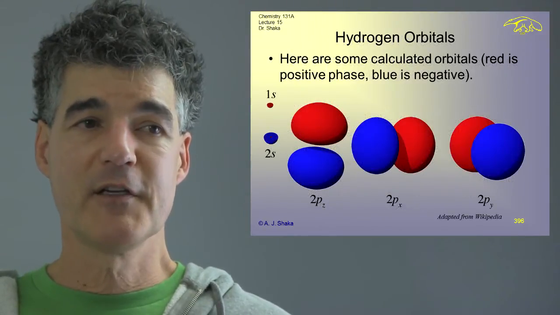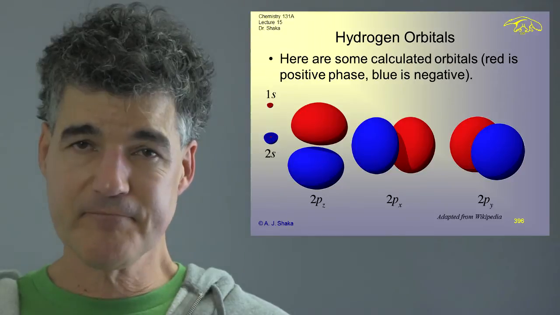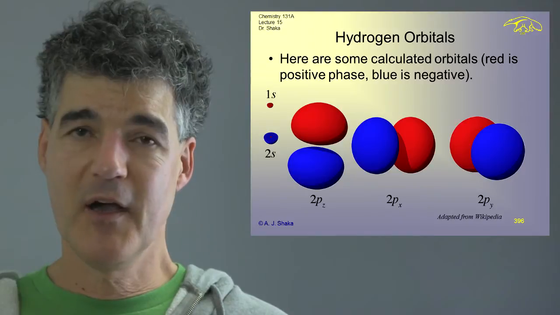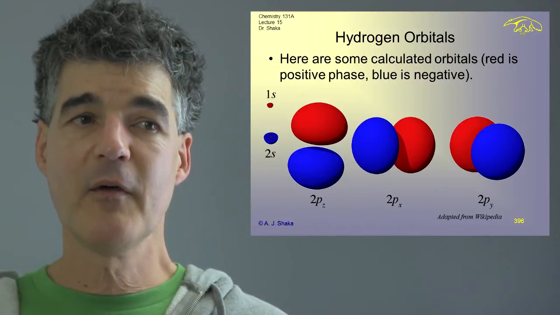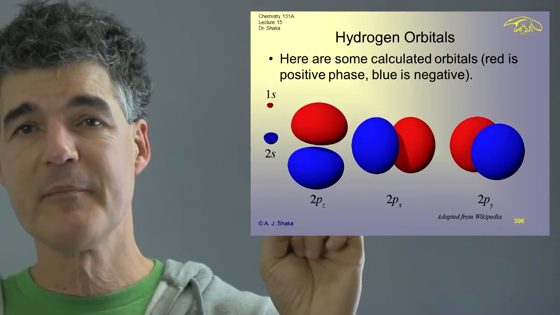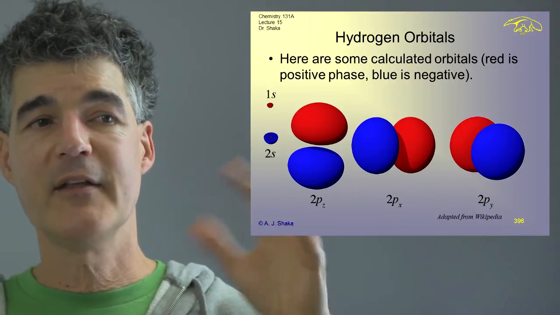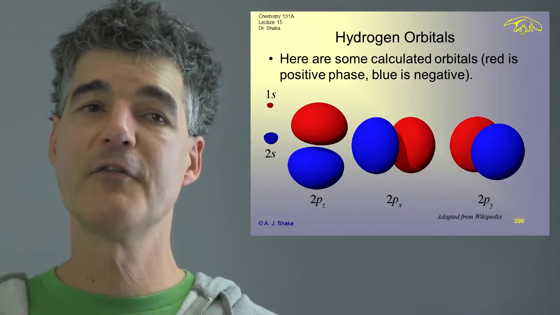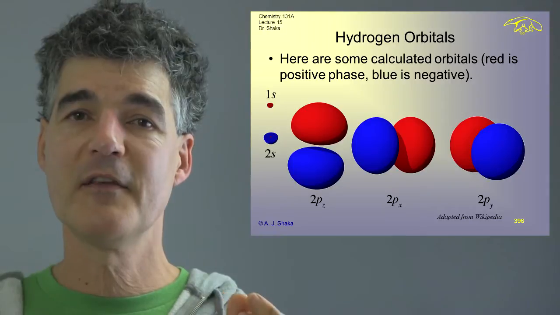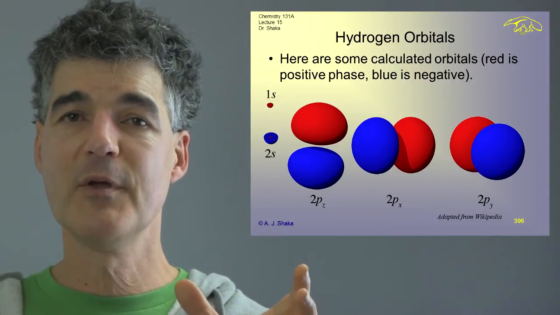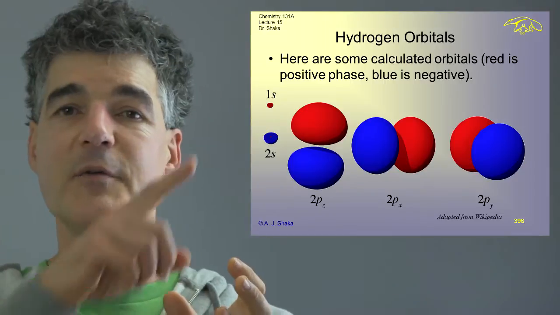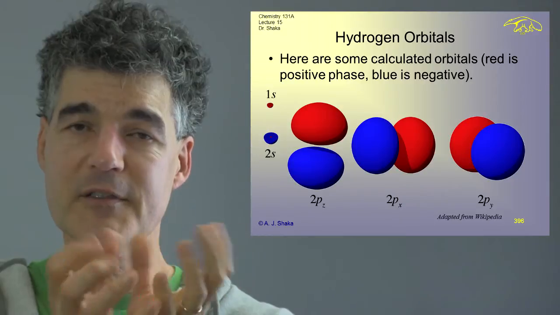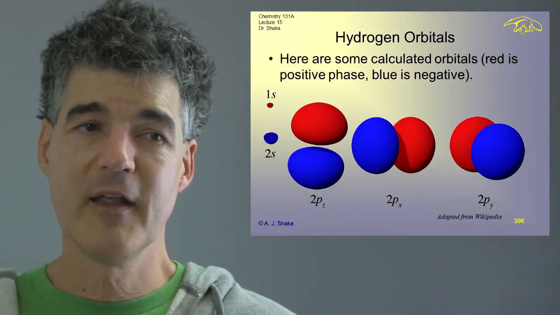So here are some wave functions then plotted. And red is positive phase in these plots, and blue is negative phase. The 1s is the little dot on the left. That's a little red thing, and it just is spherical, as we would expect. And the 2s is a bigger sphere. There's a tiny red dot in the center, and then there's a bigger blue area. And that's because, as we saw, the radial function for 2s has a node at some point where there's 0 probability of finding the electron.